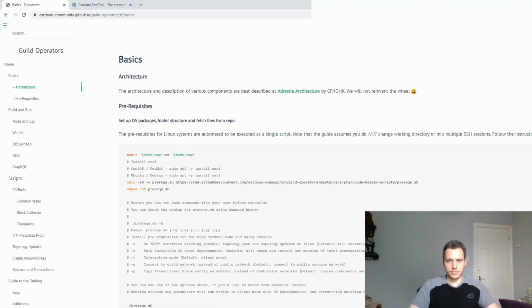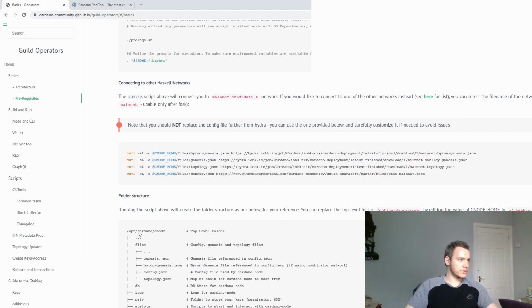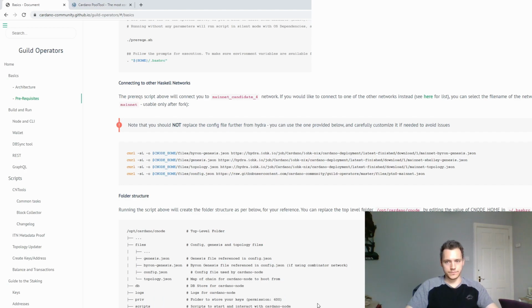The next step we mentioned was building our file structure. Throughout this video we're going to use CNTools, and CNTools has a great script that creates the file structure for us, the prerequisite script. It's going to create a file structure that looks like this, and that's a files directory for the config